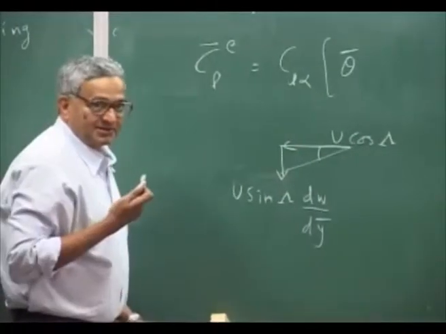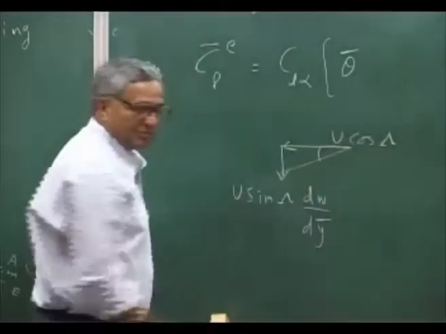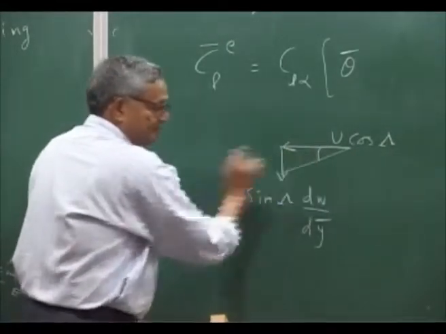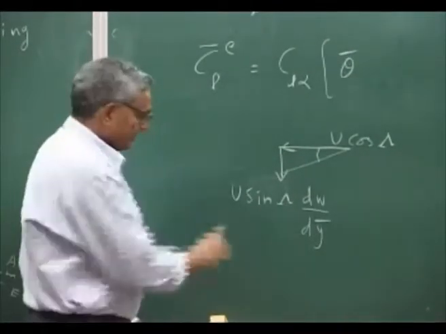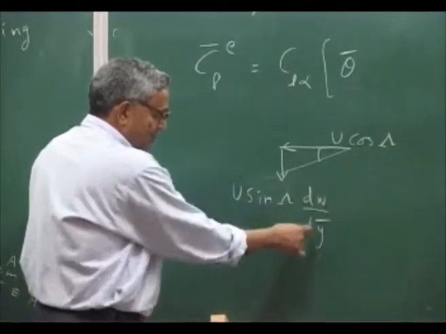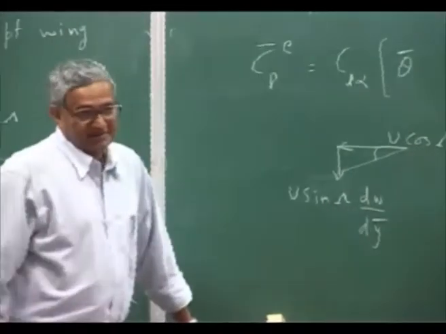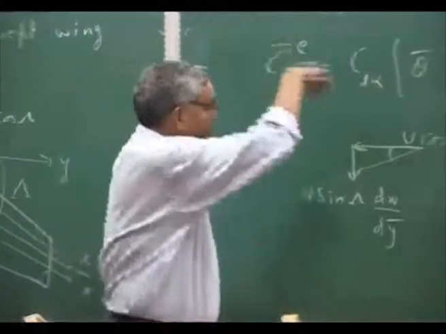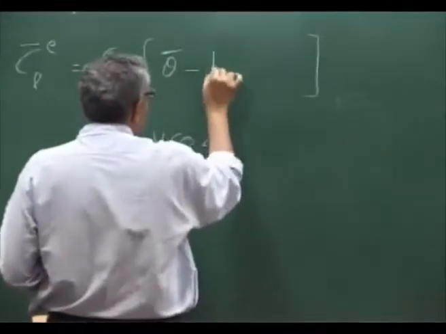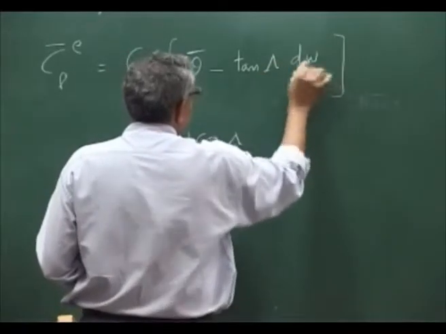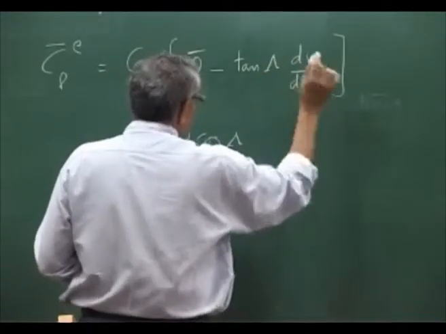The oncoming velocity is cosine lambda. So you divide by that, this angle will be basically tan lambda dw by dy bar, and this will reduce the angle of attack because it is coming down. So you will have here tan